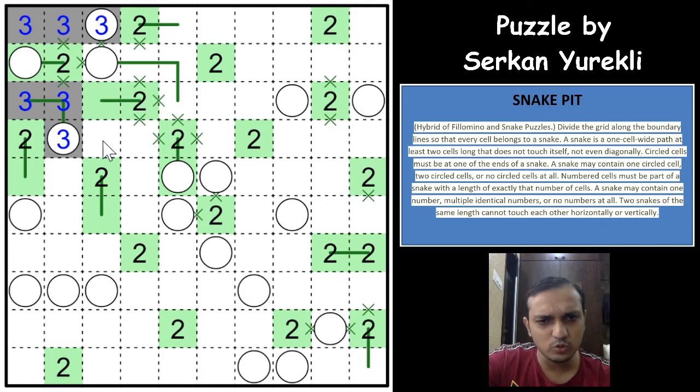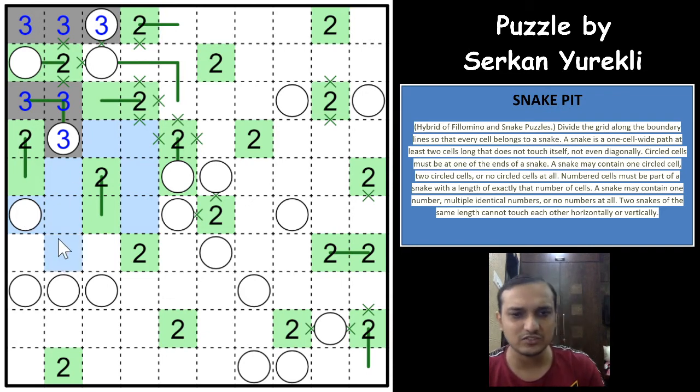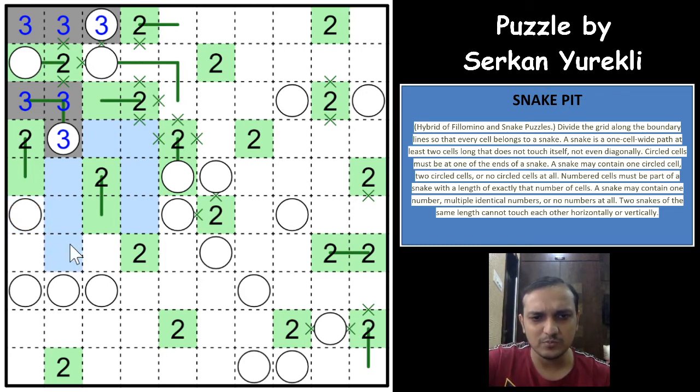So this cannot be 2, this cannot be 3, this cannot be 1, so it has to be at least 4, right? Again this cannot be 2, this cannot be 3, so this would have to be at least 4. And to make it a 4, you cannot go towards the left, because then it will be a 3-cell snake. It cannot extend, and you cannot have a branch. A snake doesn't have a branch, right? It has a long path which doesn't have a branch. So that means it would have to extend downwards, and it will either extend this way or down. It cannot extend towards the left, because this would get stranded here.